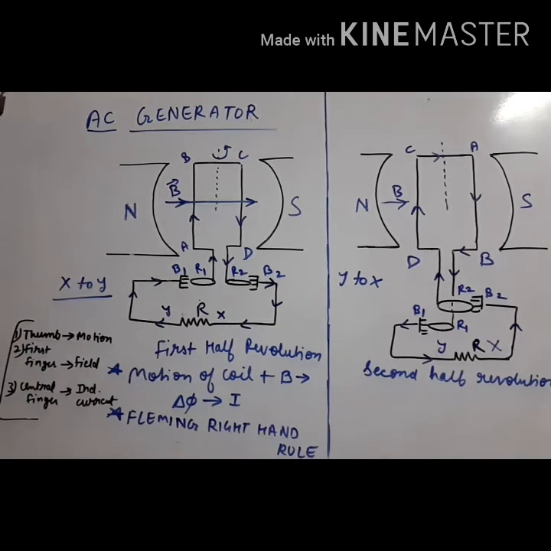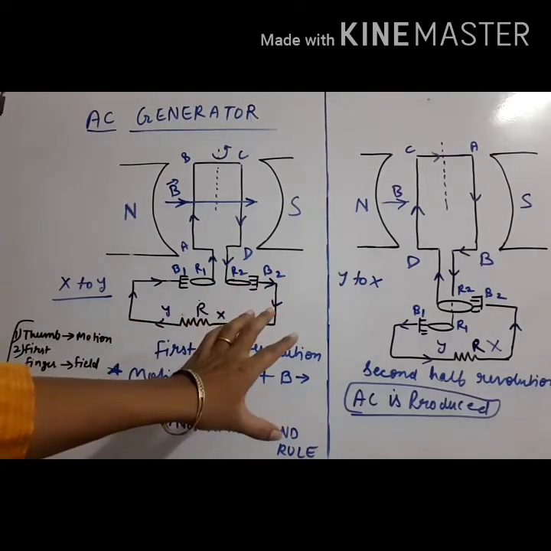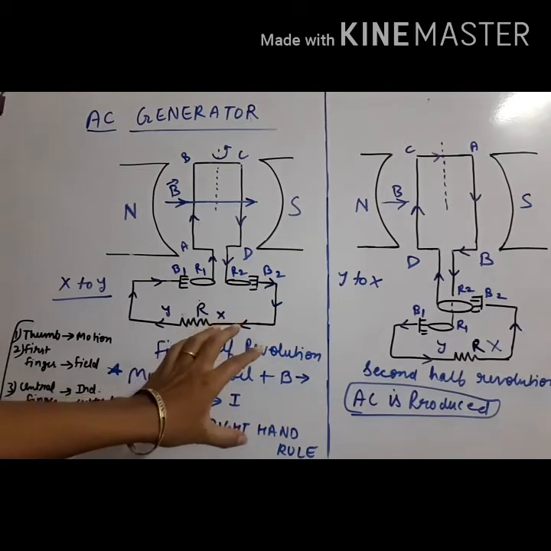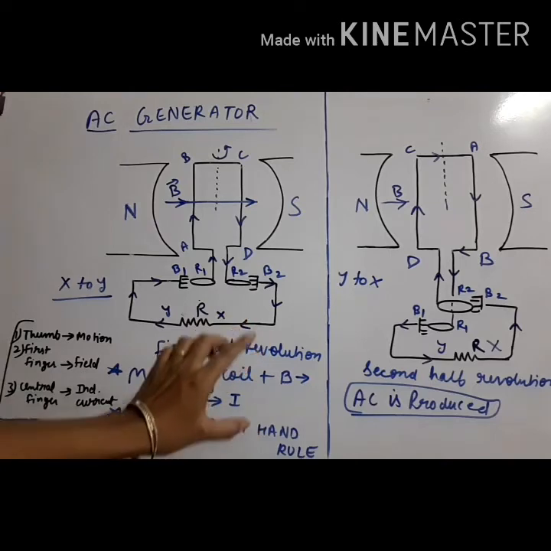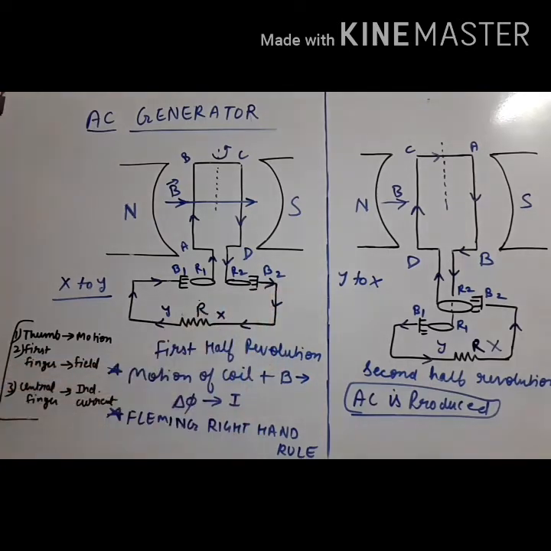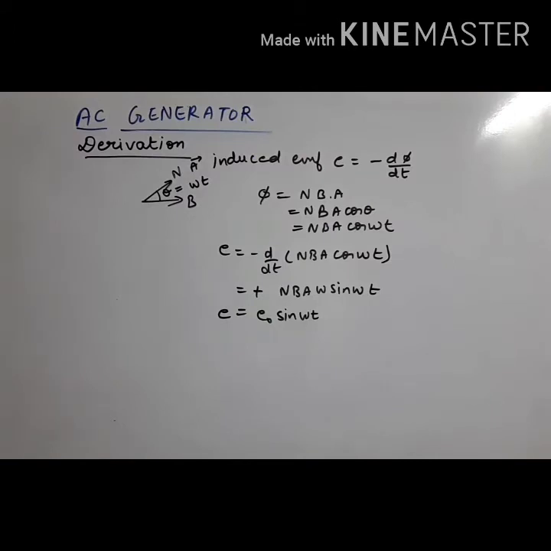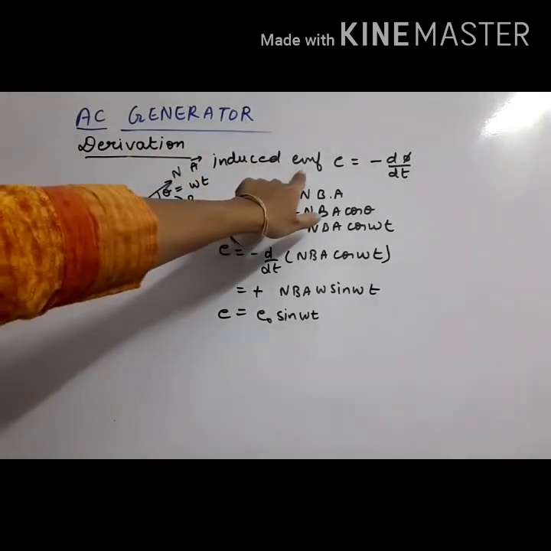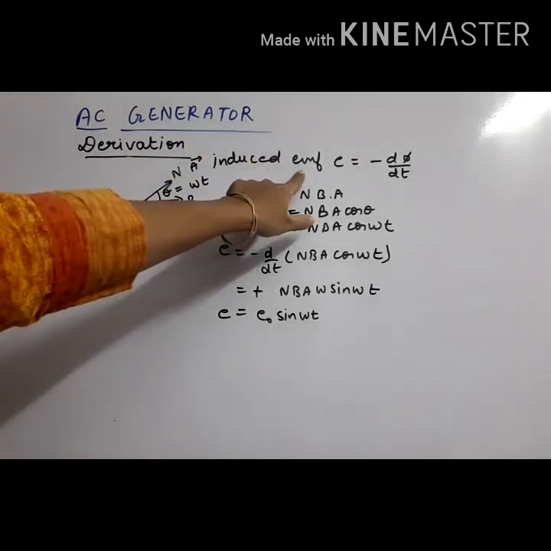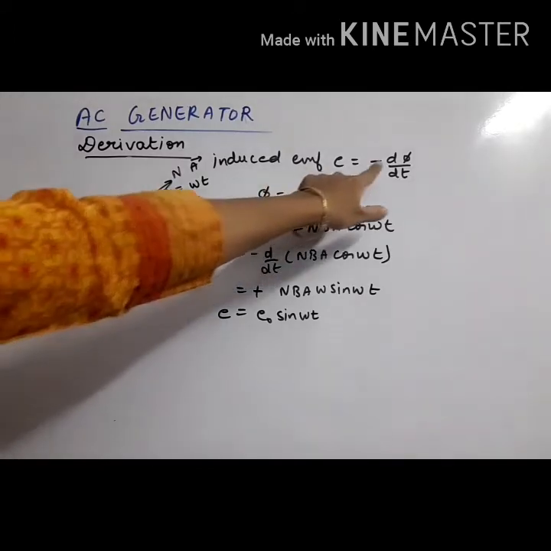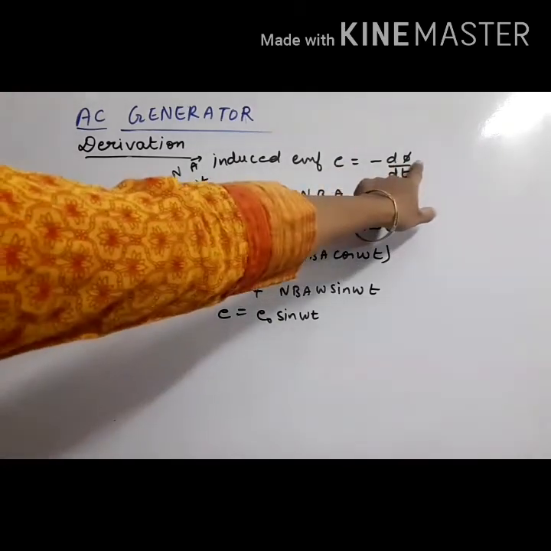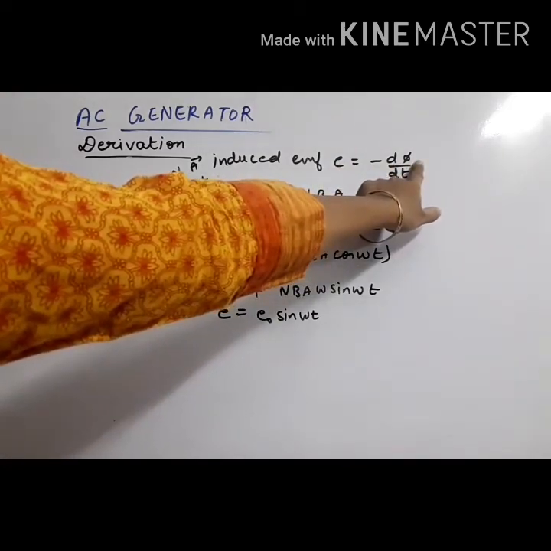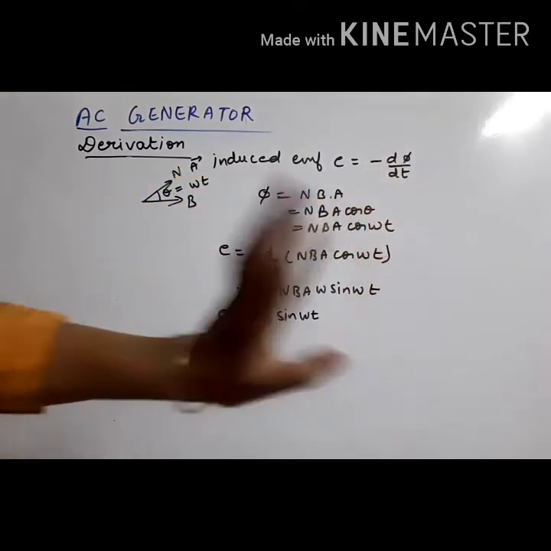After understanding all this, now we will understand the derivation part, and the working steps I will send you in the form of an image or PDF. So let us understand the derivation steps. Draw these diagrams. Now let us see the derivation of induced EMF and induced current. As you already know, for induced EMF calculation we use Faraday's second law, E equal to minus d phi by dt. So how will we get induced EMF? If we calculate phi, the magnetic flux through the coil at any time t. Let us start calculating the flux first.